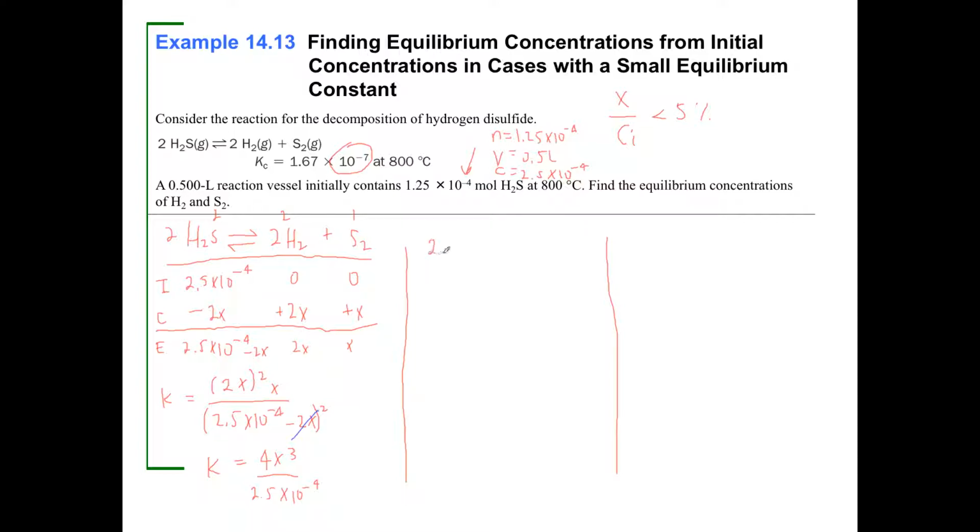So 2.5 times 10 to the minus 4 times k is going to equal 4x cubed. So x is going to equal the cube root of 2.5 times 10 to the minus 4 times k, which is 1.67 times 10 to the minus 7